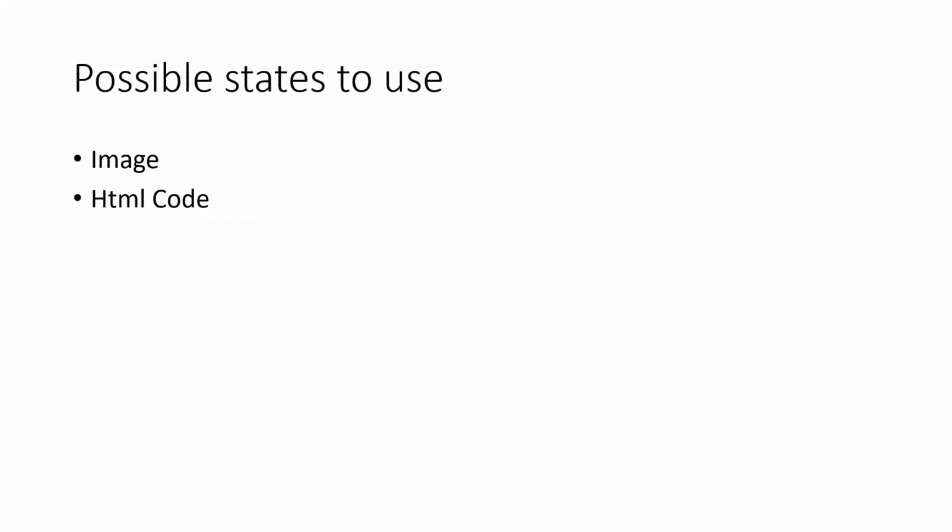Okay, so normally what people use for states are images or HTML code. However, the problem with using images or HTML code is that if you make a slight modification to the site, say it was a database management site and you add a row, the image would be completely different from the previous one, even though the states are very similar. And then this leads to you having an infinite